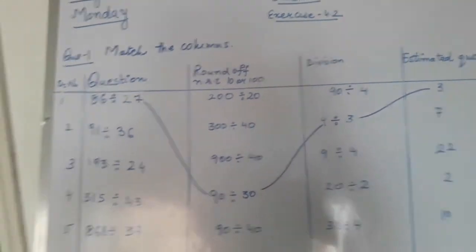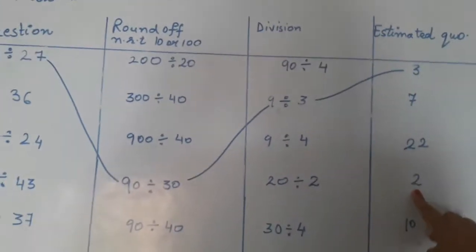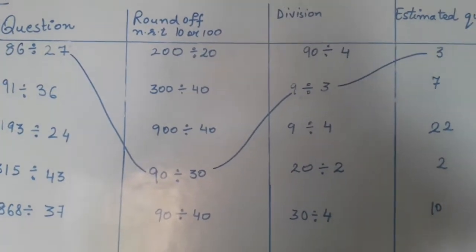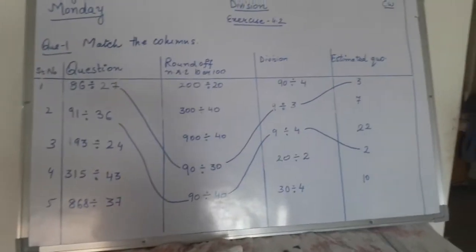4 1 is 4, 4 2s are 8. So my nearest or estimated value becomes 2. Clear students? Like this. Now next third part is